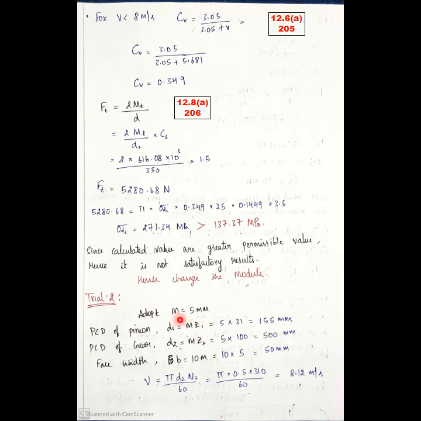But if you adopt a little higher value by just looking at this value, that is m is equal to 5, let's see whether the static stress will be less than the permissible stress. Now, m is assumed as 5 mm, adopted from the standard table. Now change the pitch circle diameter of the pinion again. Multiply m by 5, so 10 into 5 is 50. Now, velocity we have to calculate again, that is pi d1 n1 divided by 60.